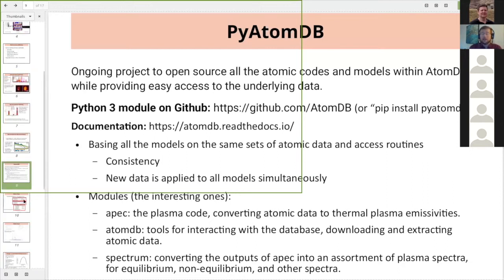So I could talk a lot more about the PyAtomDB stuff, but I figured that that's more open to demonstration. There is documentation on the web. If you have any questions, feel free to ask me. But I am also aware that watching somebody talk about code is not an interesting talk. So,